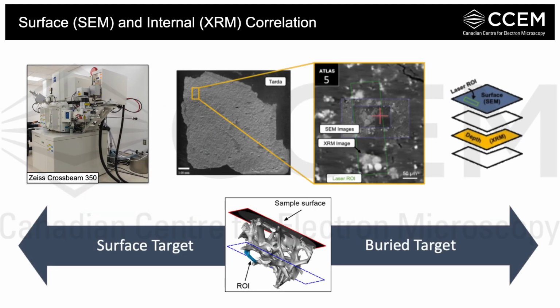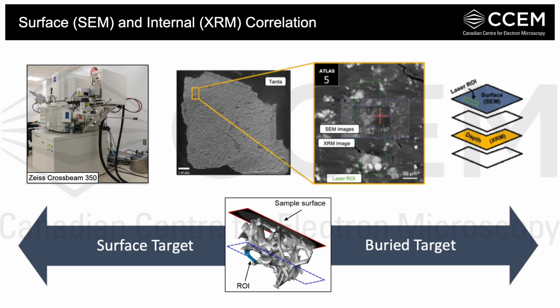So back on the Crossbeam, I've taken my backscatter image of the surface and overlain it with my XRM data. And if you visit the Petapixel Project website I mentioned, you'll see examples of this being done using multiple sources, such as different SEM detectors, light microscope images, or even optical images such as something from your digital camera.